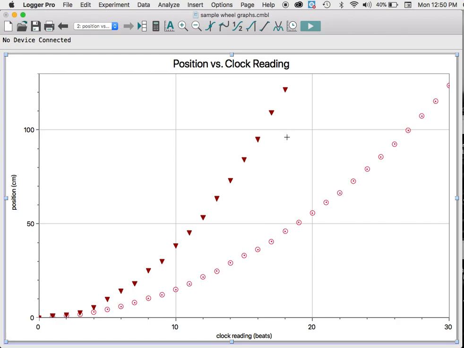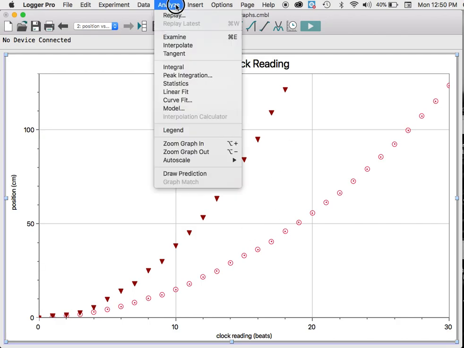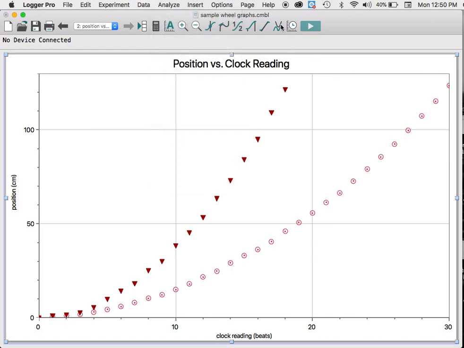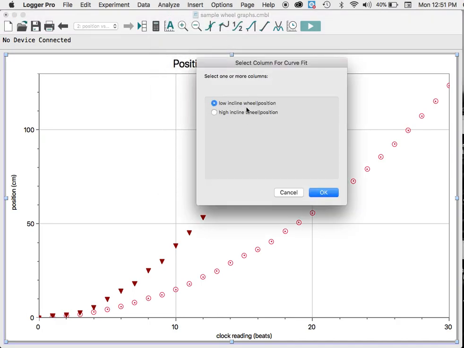And now we need to put a curve on that graph. This is done through the Analyze menu. You'll put a curve fit there. Kind of a shortcut, you can click this button right there, and that does the same thing. So we'll go to the Analyze Curve Fit, and you have to do this for one data set at a time. So I'll do the low incline first,